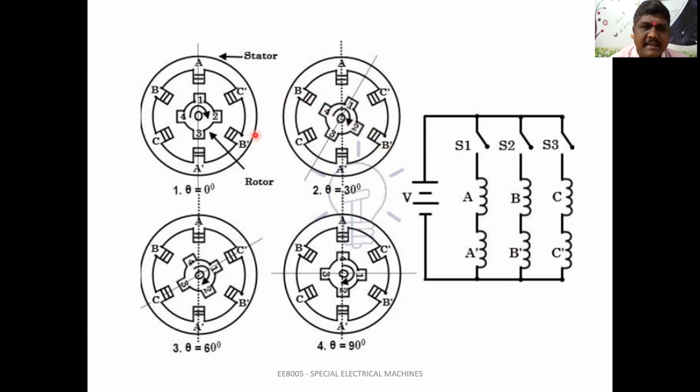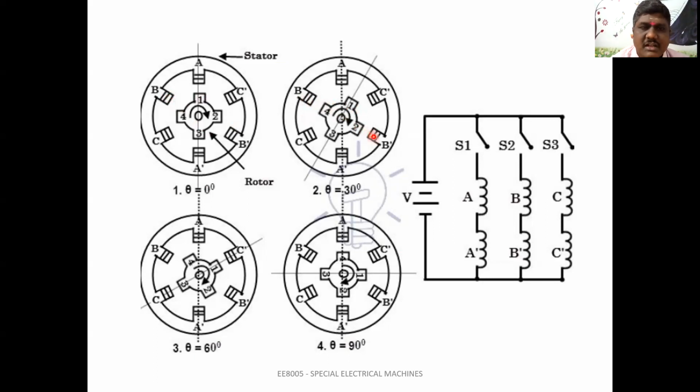Now how will it move? BB dash means immediately the rotor will be trying to choose the minimum reluctance path. Now we might think pole 1 will be moving from A to B, but it is not possible. Why is it not possible? You can see the pole shoe here and here. Now this is excited, this excitation means this is the minimum reluctance path. Immediately the rotor pole will be trying to choose this position. Now pole 1 will try to move, but you can see the distance between these two is too short. Immediately position 4 will be aligning and meeting with BB dash.